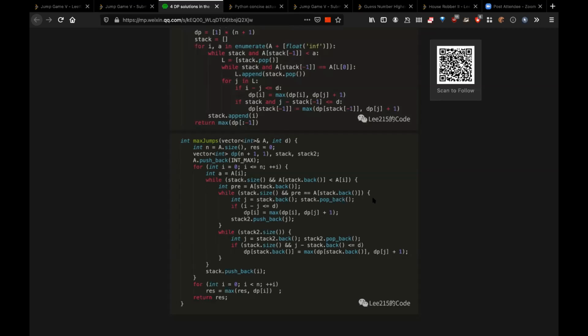Even in the Python one, he's popping that number and appending to that L. So he's appending only if it is equal to that number. Yeah, the first number, L of the popped number, and then he's doing J in L. So when he's doing equal to, he's not popping from there, right, in the stack.